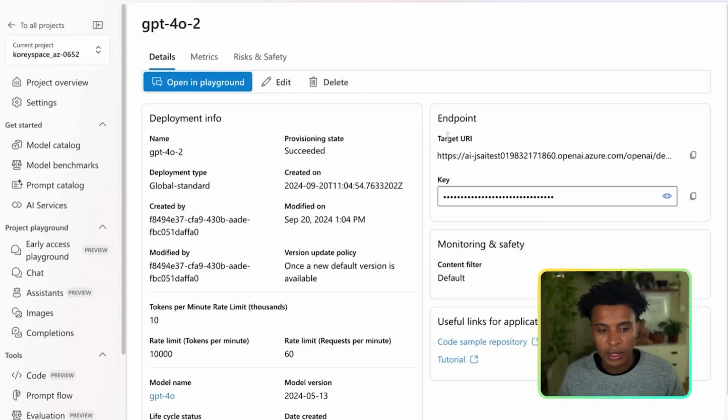And once the model is deployed, it's really time to see it working, see how it functions. And you can go in and maybe start making API calls. You have the endpoint here as well as your key. But what I like to do is actually start opening this in the playground, which is also within Azure AI Studio. So if I go ahead and click on that, this is actually going to bring me into the chat